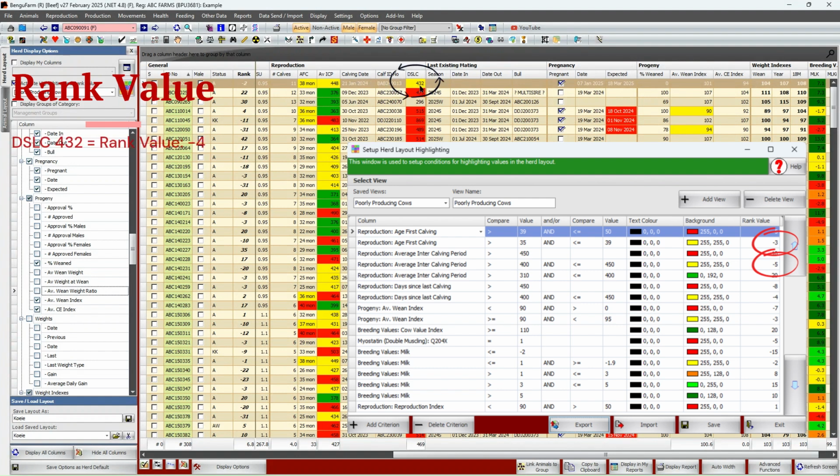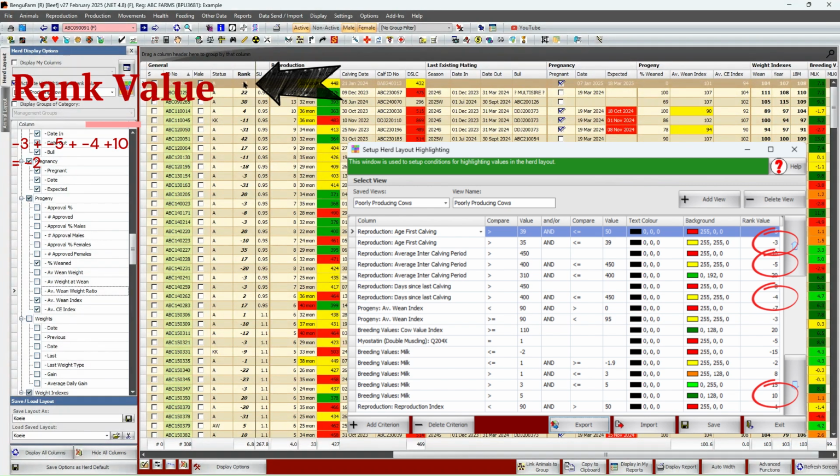Days since last calving between 400 and 450 is a rank value of -4. So the -8 plus the -4 is -12. And a milk value higher than 5 gets a rank value of 10. So the -12 plus the 10 is -2.